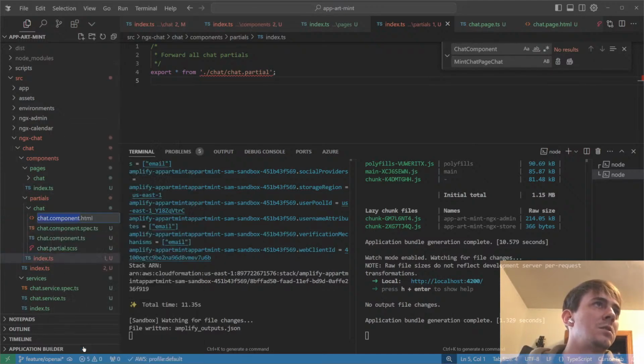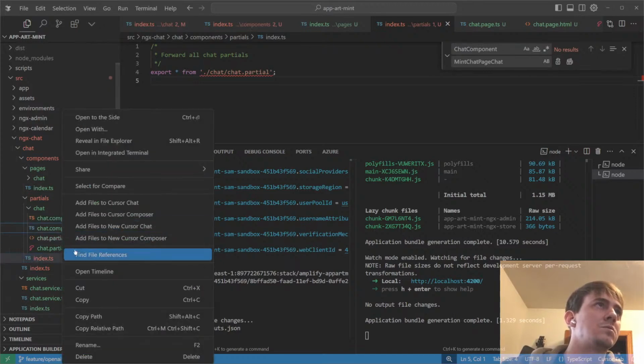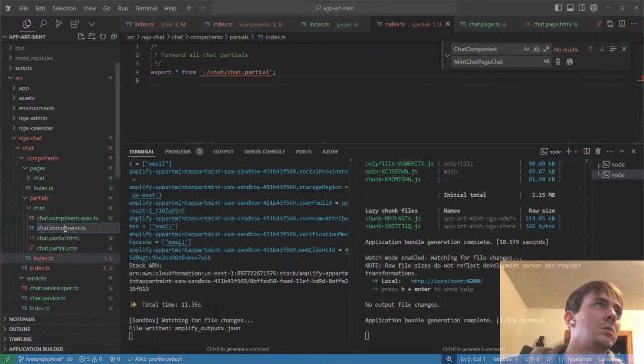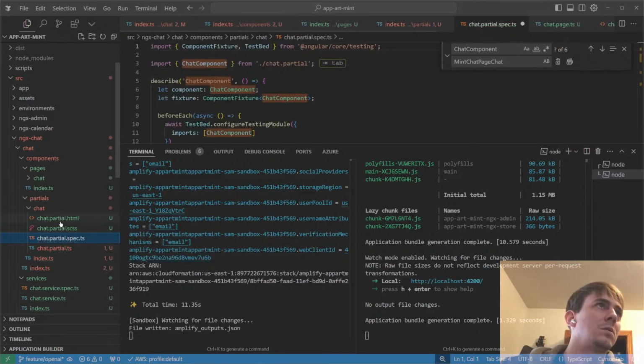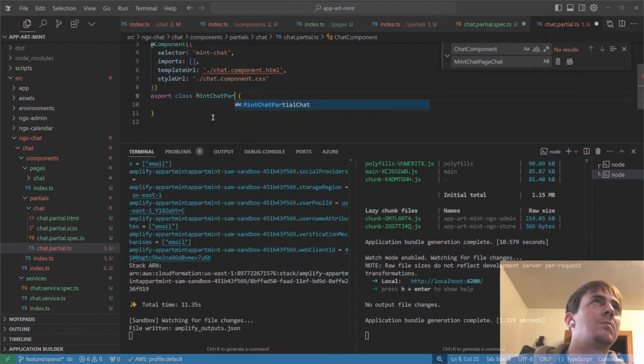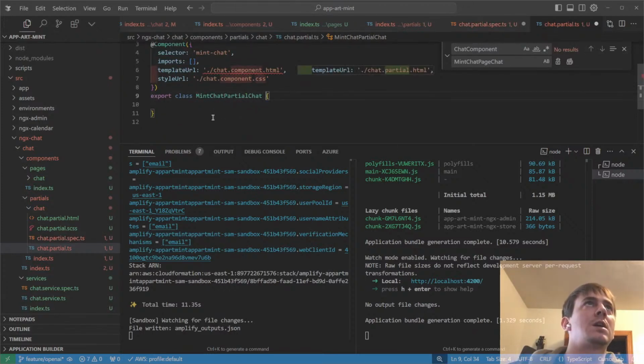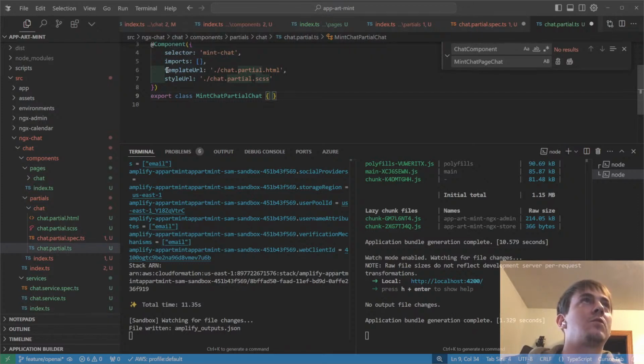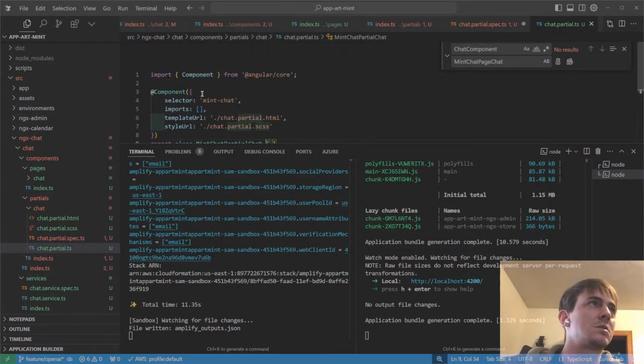.partial.scss .partial partial partial. This guy, mint chat partial chat, chat.partial.scss, format, save it,